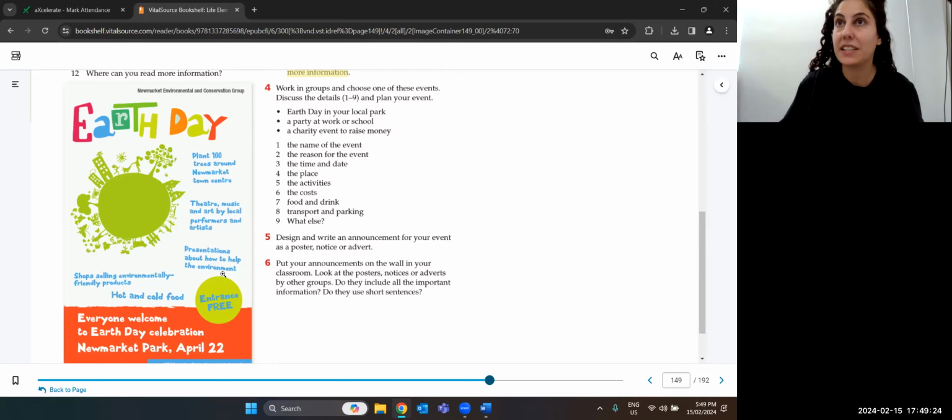Okay, so we're going to look at an example by Brian. So Brian, as we know yesterday, he did his presentation on St. Patrick's Day. Remember this event, which is for the Irish people, but it's also celebrated here in Australia. So Brian did his poster. We can see it's a good heading, St. Patrick's Day. I think there's a bit of spelling mistake in the title, but we can fix that up.